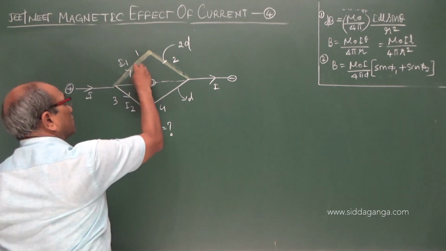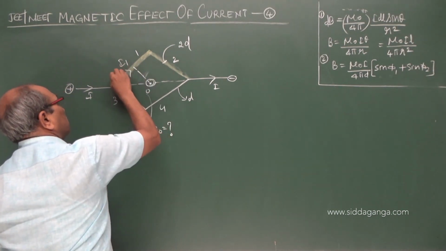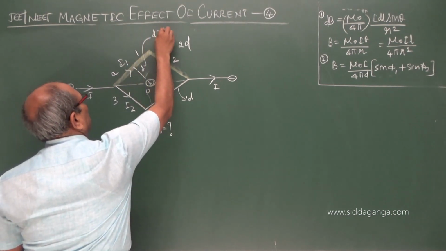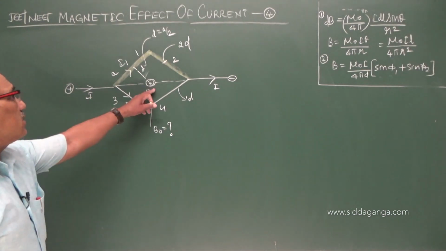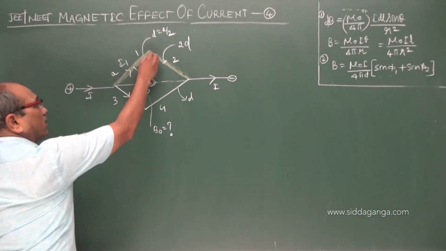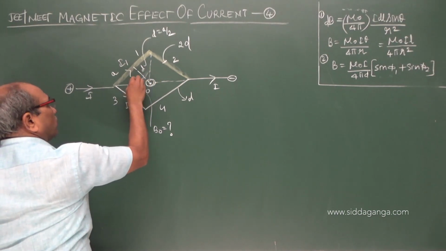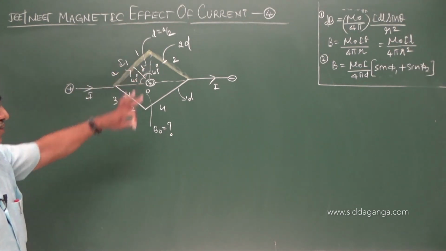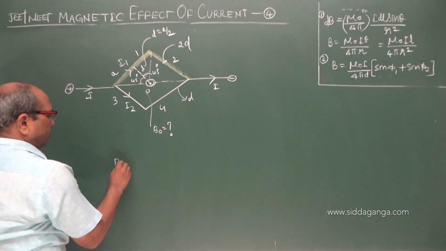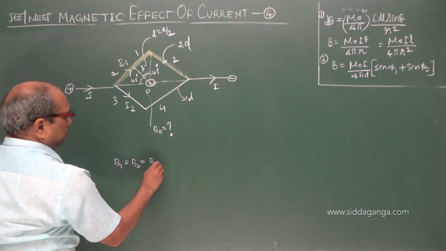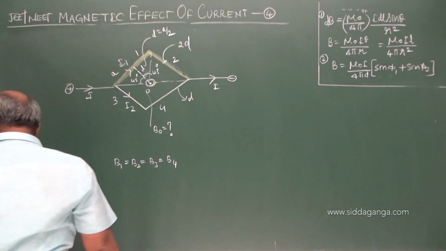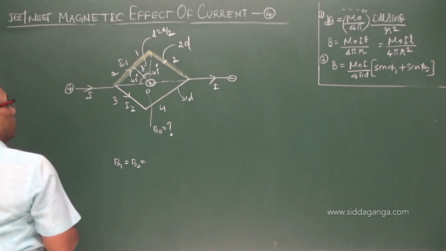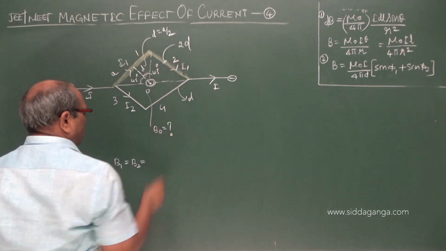When I see this, if I drop the normal and each side is a, then this d is equal to a by 2, to find the field at the center by the wire. If you join the ends, this becomes 45 degrees and this also 45 degrees, common for all. Therefore, as far as magnitude is concerned, B1, B2, B3, B4: I am writing only B1 and B2, because the current is the same in both of them, I1.